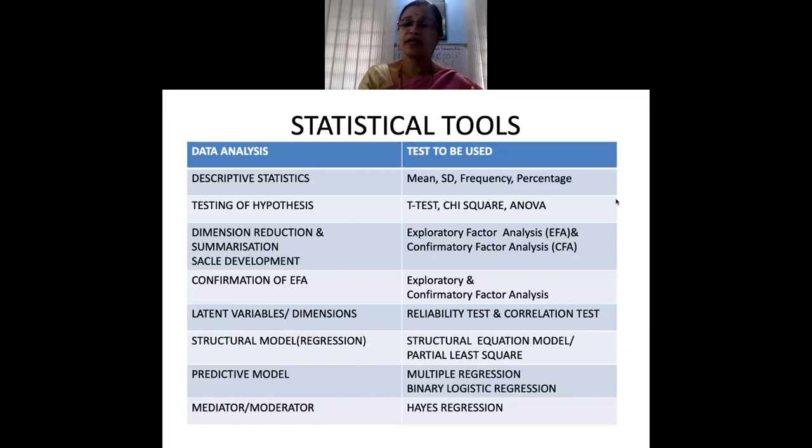So as far as possible, I've tried to cover testing of hypothesis and what are the different statistical tools that are available. I know because of the time constraint, I have not been able to do justice to each and everything in detail. But for a researcher, what is important, that I have covered. So as a researcher, what is that you need to know? Later on, you can go to a statistician, learn how to find out critical values.